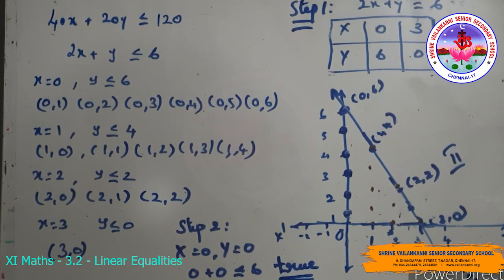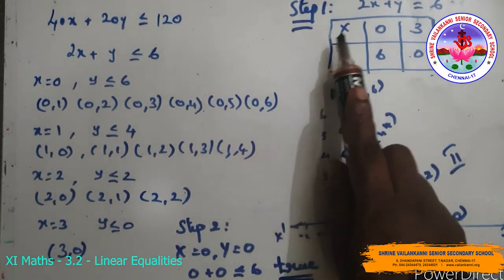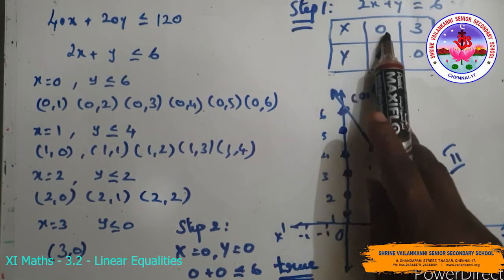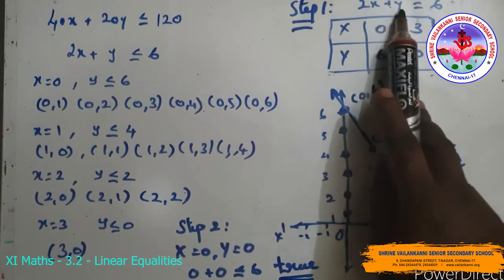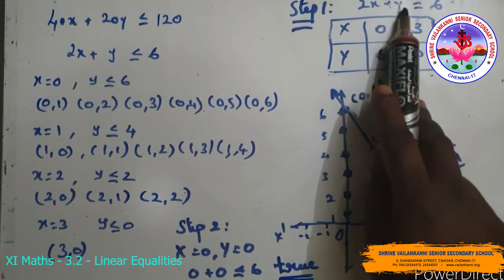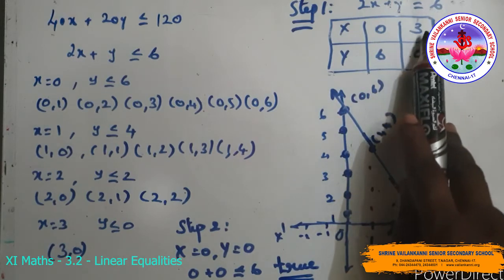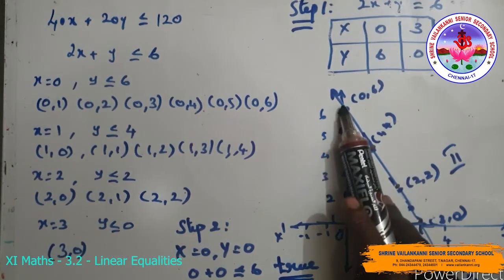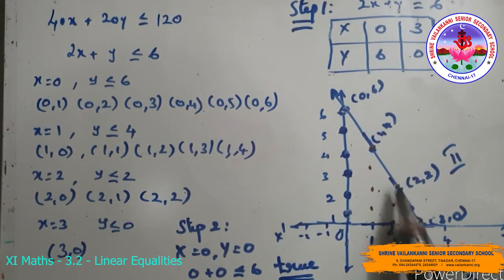We will see that the graphical method of solution will be very convenient for these cases. In order to draw the graph of the inequality, the first step is to write the equation 2x plus y equal to 6. Put x is 0 in this equation, we get y equal to 6, and put y equal to 0, we get 2x equal to 6, so x is equal to 3. So plotting these points (0, 6) and (3, 0) and joining these two points, we get a straight line.